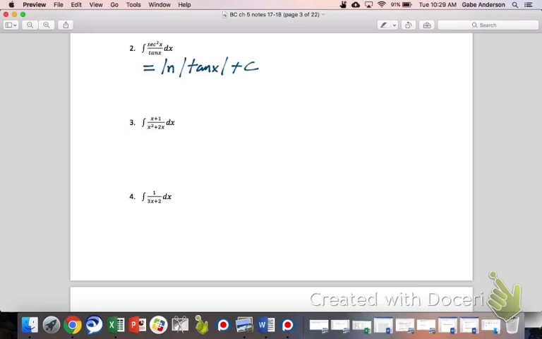All right, and then you look at number 3. Once again, it's a fraction, and so you have to ask yourself that question. Is it ln? What you're really asking is, is the derivative of the denominator the numerator? And the answer to that is? Not quite, right? So you could look at this as a u substitution. I prefer to look at it as a messed-up pattern situation, because what is the numerator missing? A factor of 2. So if I just multiply the top by a 2, I would get